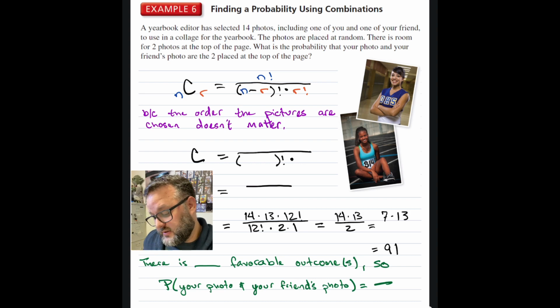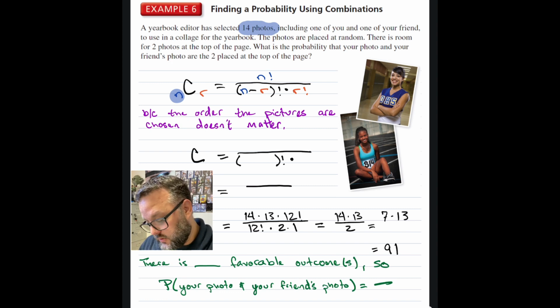A yearbook editor has selected 14 photos. That's going to be important. We know there's going to be 14 photos, so N is equal to 14, including one of you and one of your friend, to use in a collage for the yearbook. The photos are placed at random. There is room for 2 photos at the top of the page. What is the probability that your photo and your friend's photo are in the 2 placed at the top of